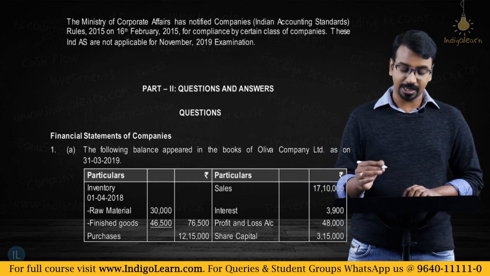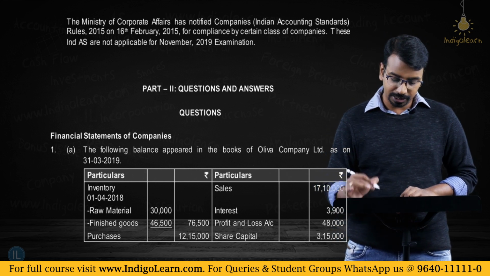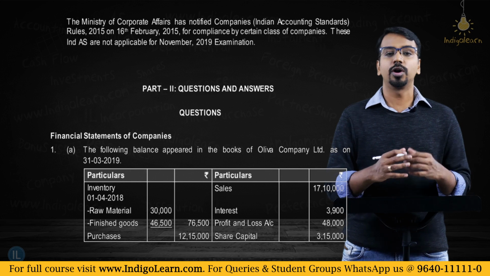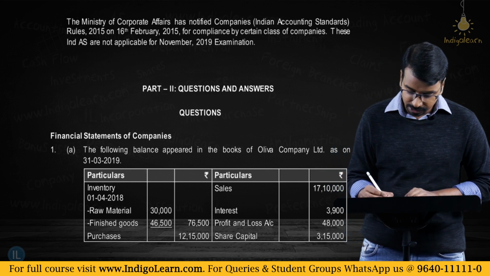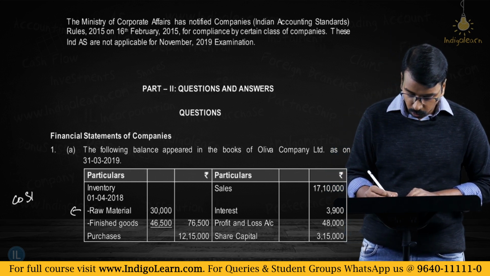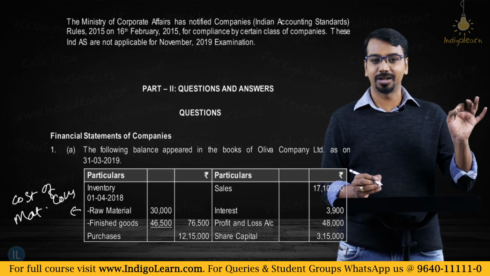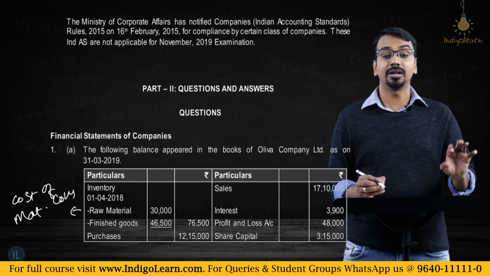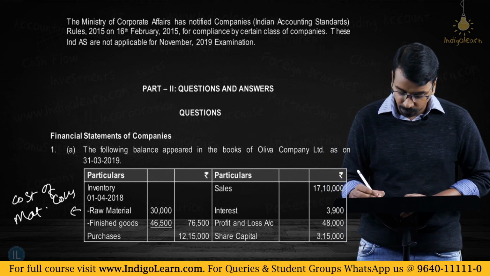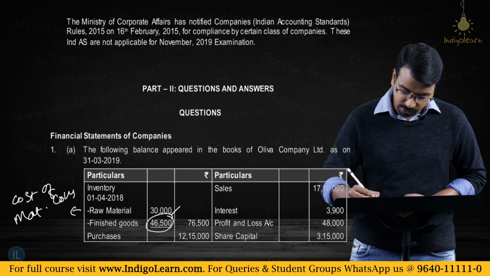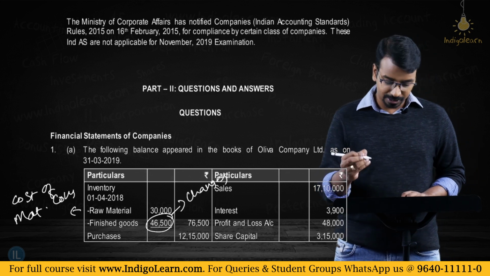So if you start on the debit side, you have inventory of raw material and finished goods. Now where would you show this? For raw materials, you will take it to cost of material consumed. It will form part of your cost of material consumed. You will not show raw material as changes in inventories, whereas finished goods, whatever you have, this you will compare with closing stock and you will show what is the changes, right? Then